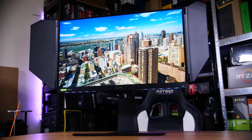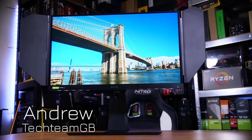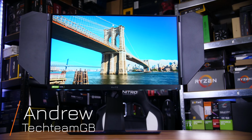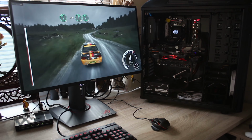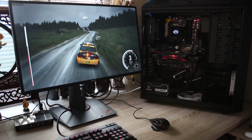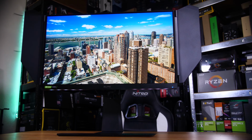The 1440p 144Hz monitor market is pretty massive with some really amazing options, from the crazy cheap to the ludicrously expensive, and from TN to VA to IPS. There really is a lot to choose from. And that choice list just got even bigger with this, the Viewsonic